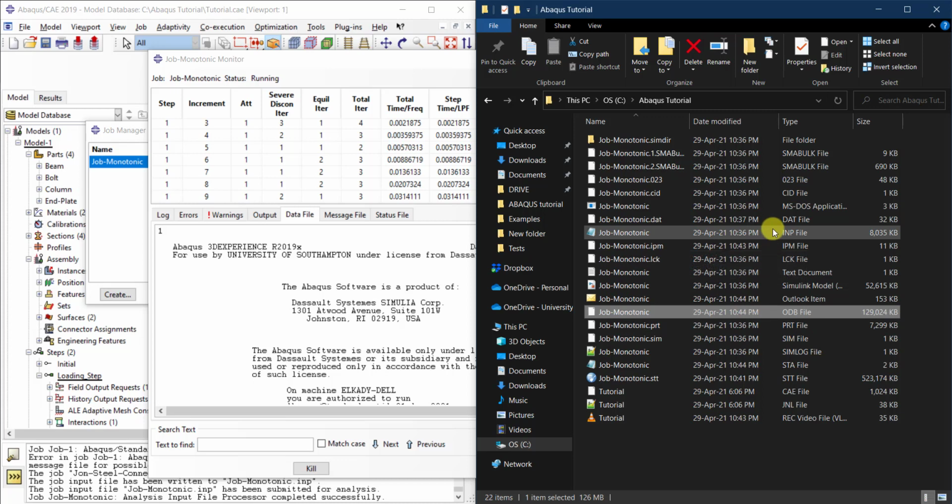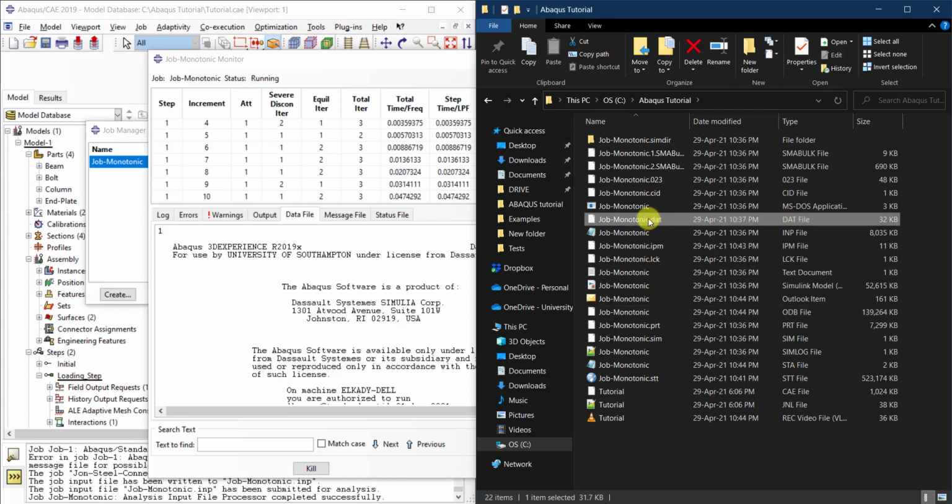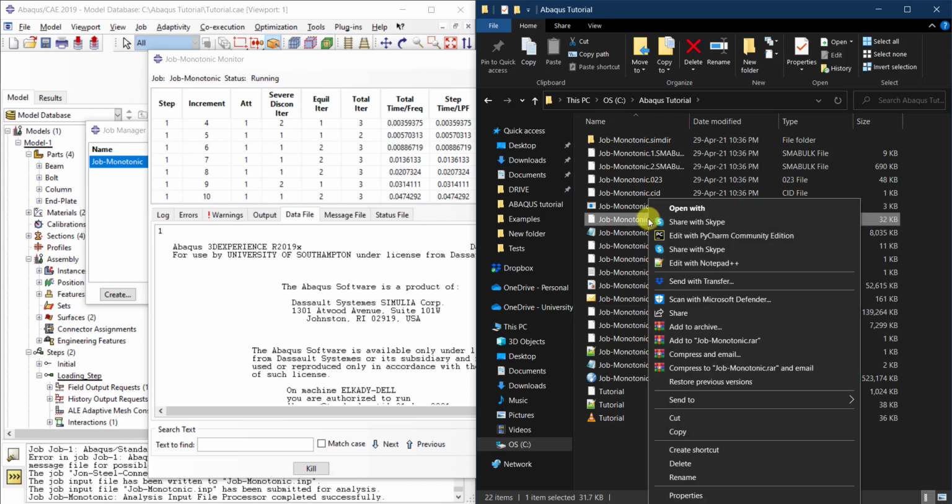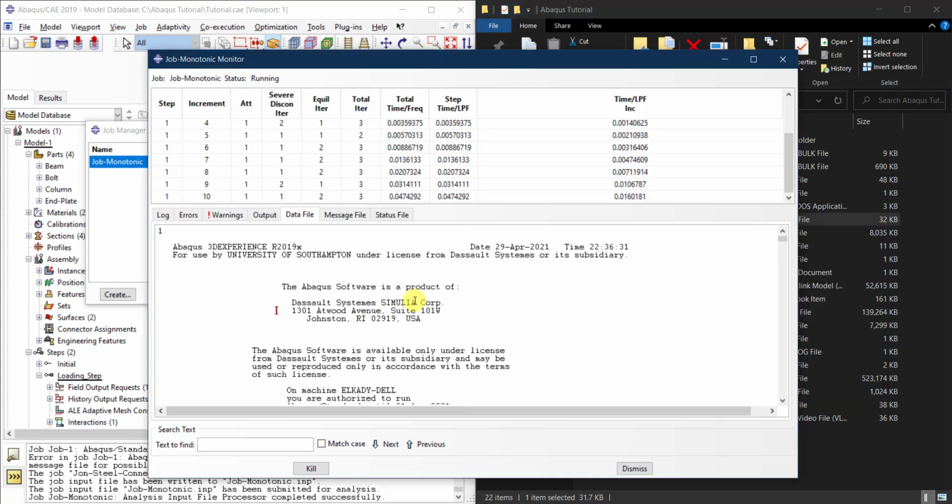Actually, if I remember correctly, these files, like STA, are all ASCII files that you can just open. So here is the data file.dat. You can open it with any text editor, and you can read pretty much the same things that you are reading here in the